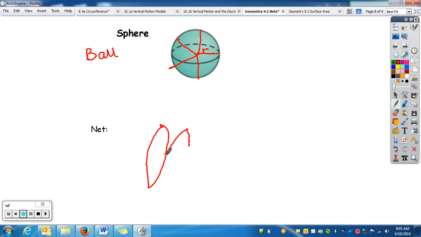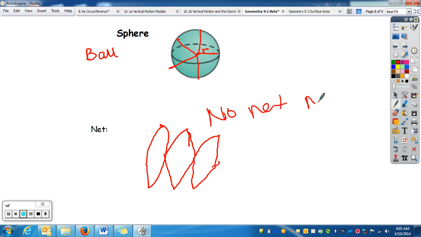I'm doing a very poor job of it. So I will never require you to draw the net for this. So no net needs to be drawn. However, we will be using this to find surface area and volume,